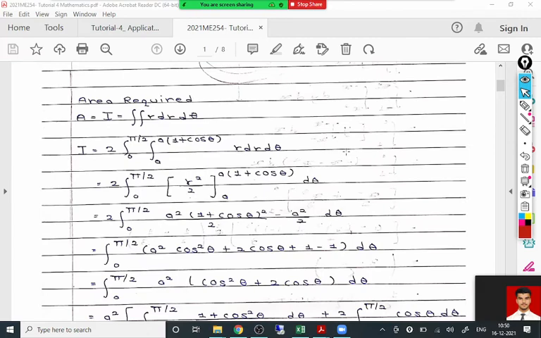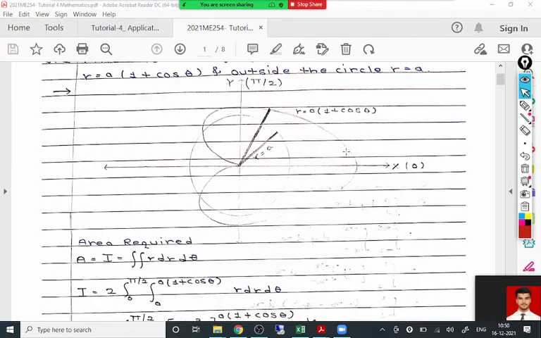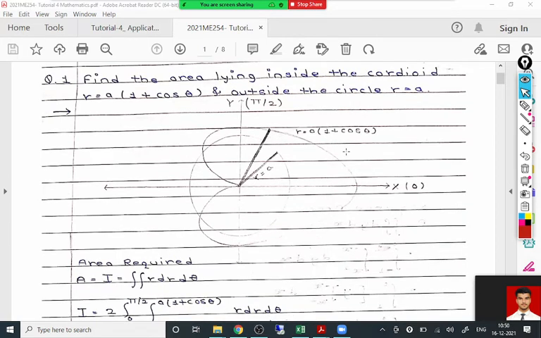Now here, sir, why have you taken that r as a function? That we already discussed in the theory session, because what is the formula for area? Tell me first. What is the formula for area in Cartesian? Yes, for circle it is r dr d theta. No. First of all, our formula for area is dx dy. This is the area.